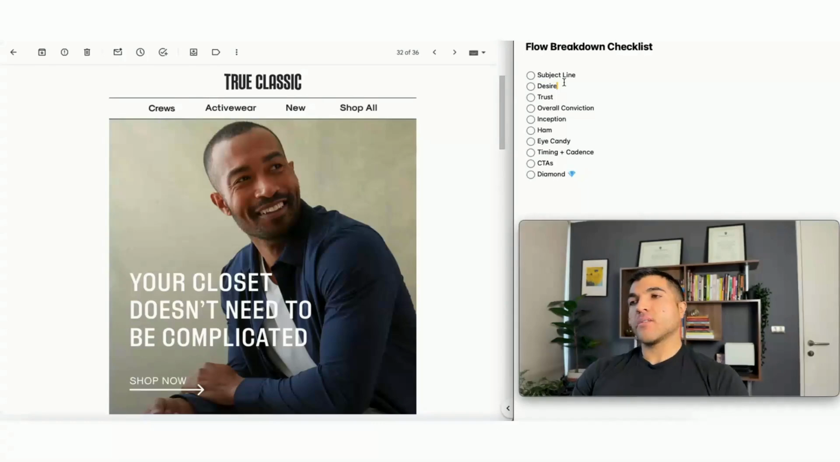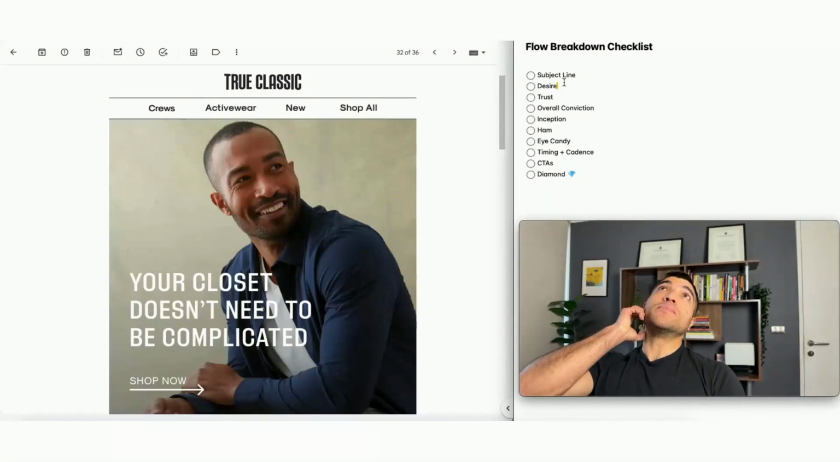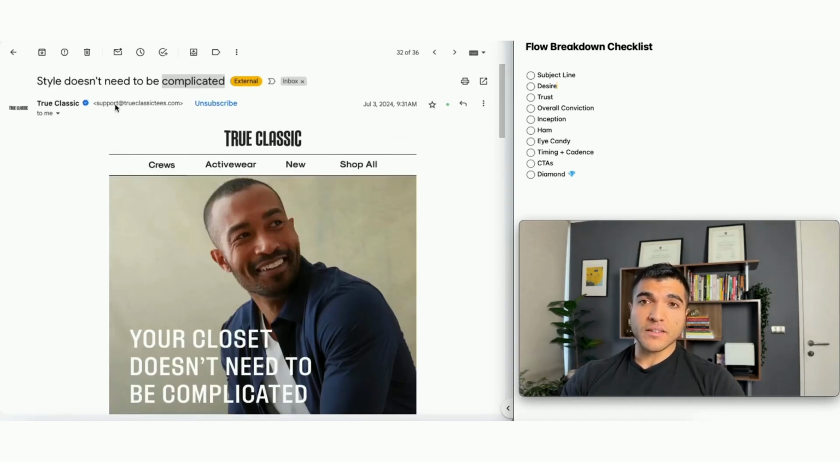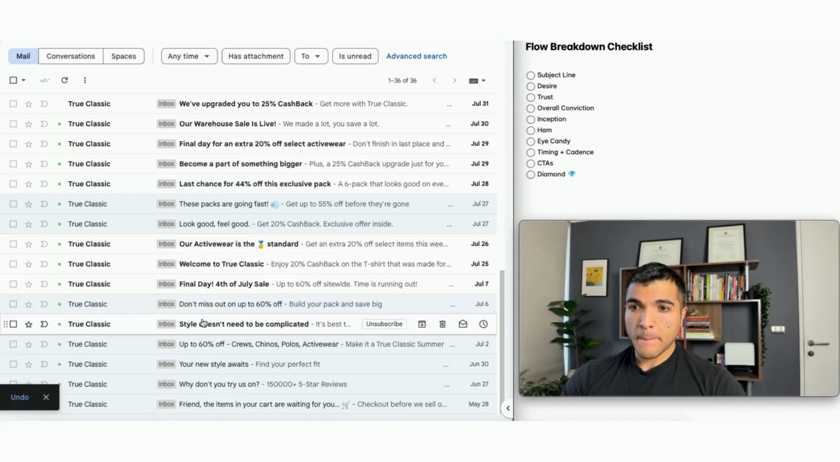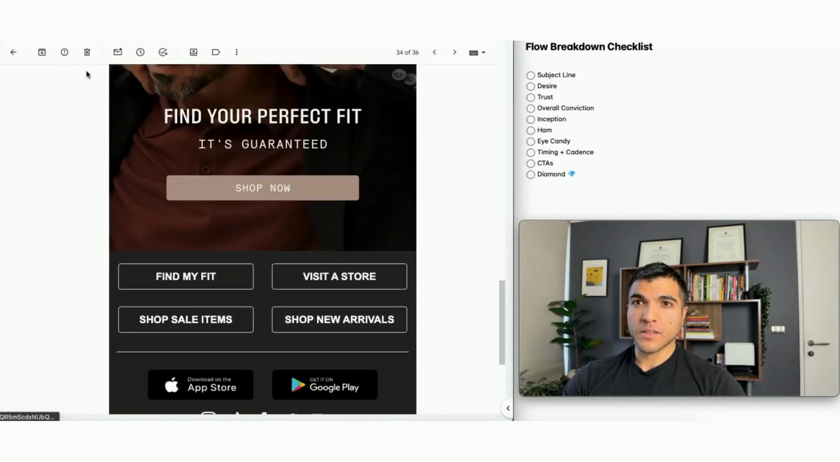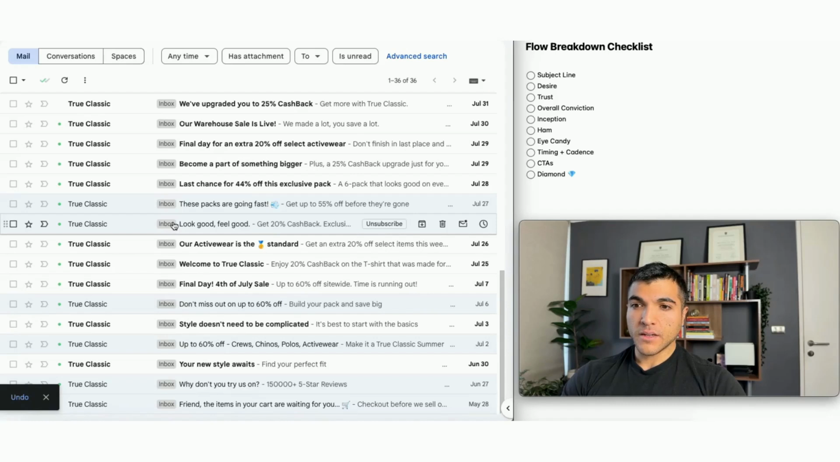So what I'm missing here is digging deeper into the desire part, the desire building part of the emails, on any of the email topics we covered, which were going in a nice direction. Style doesn't need to be complicated. Unique style awaits. Right? It was going in a nice direction,